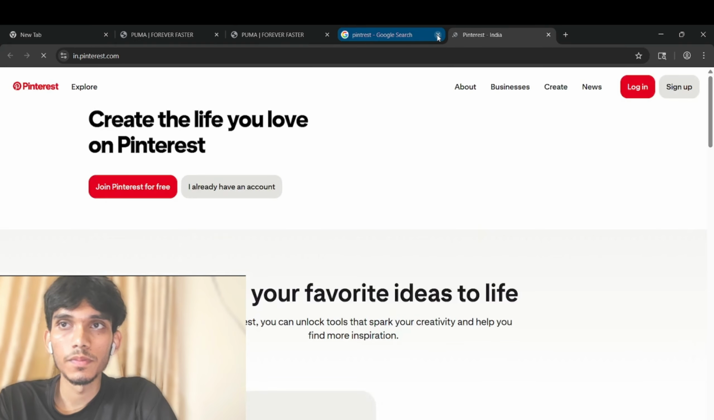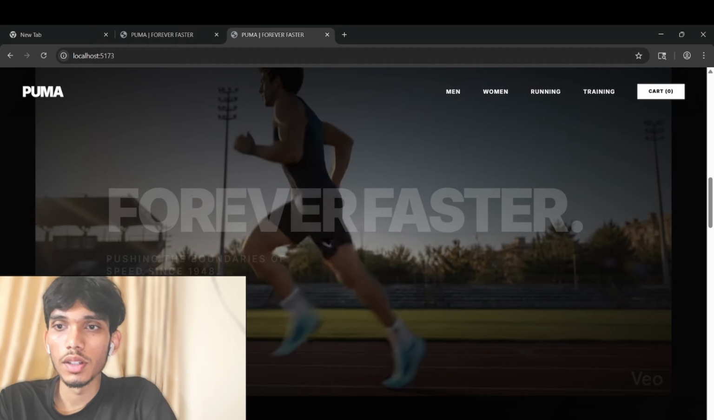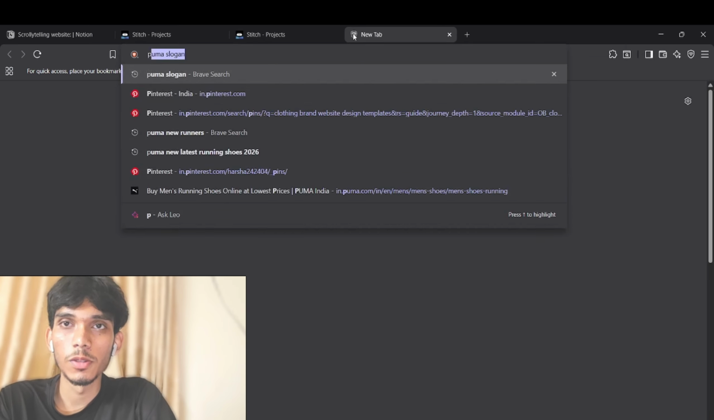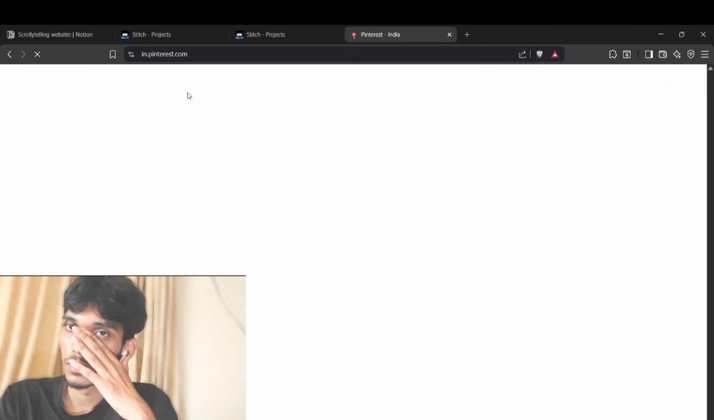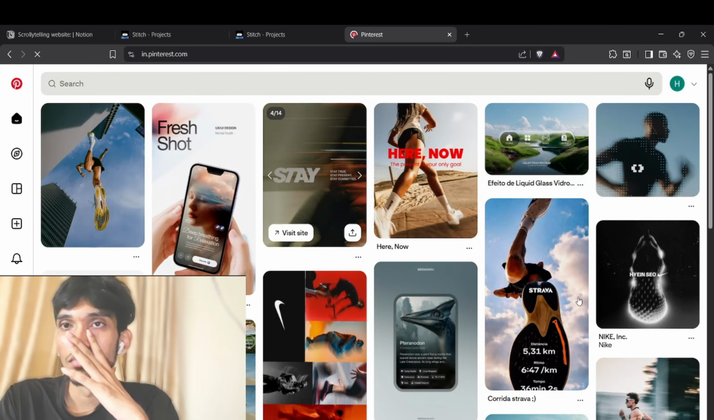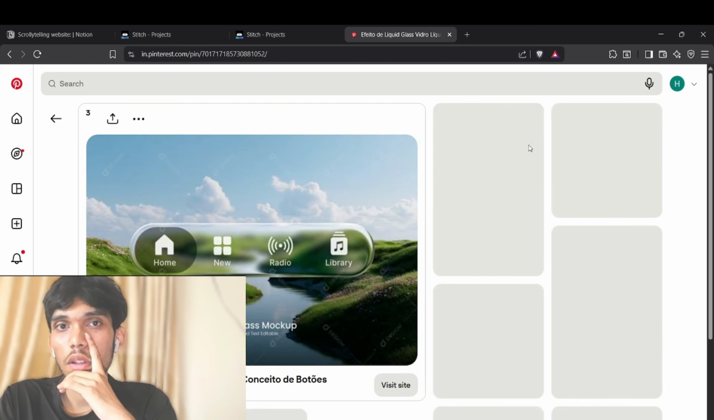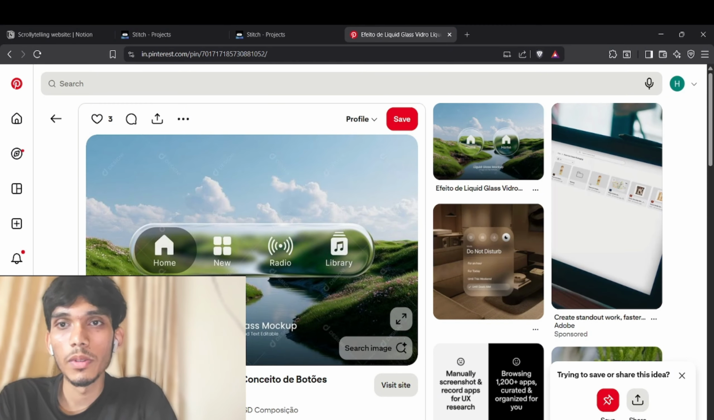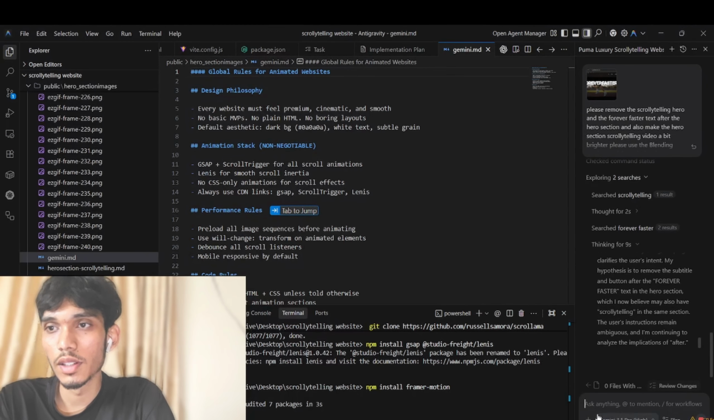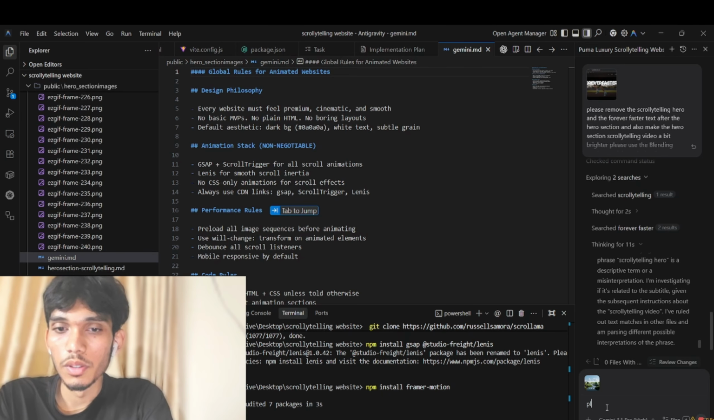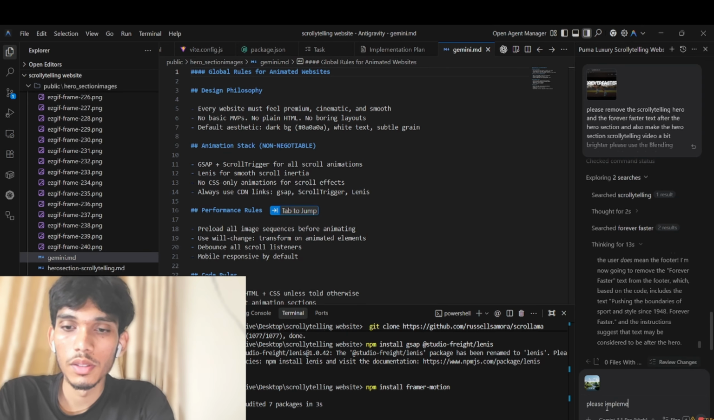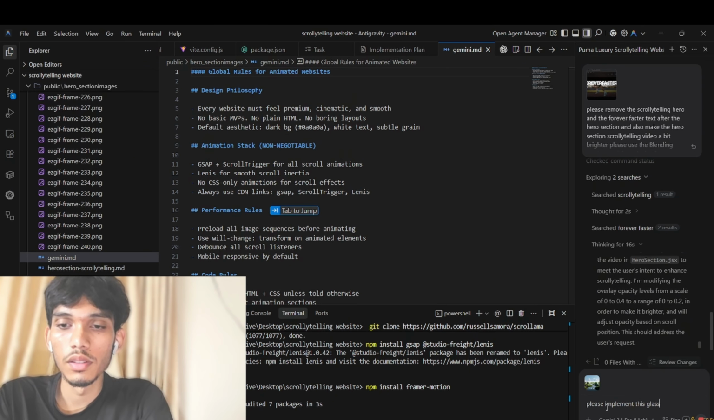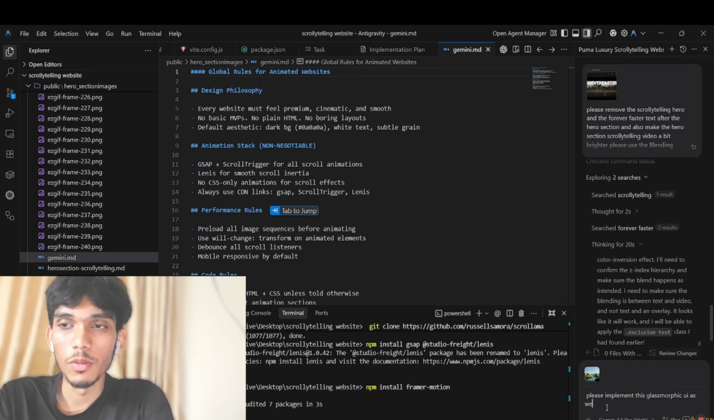Okay, just a minute. I already have my Pinterest account. I'll show you. Here we go. Yeah, we'll use this UI. This is cool. I'm just gonna copy the image and tell Antigravity, please implement this glassmorphic UI as well